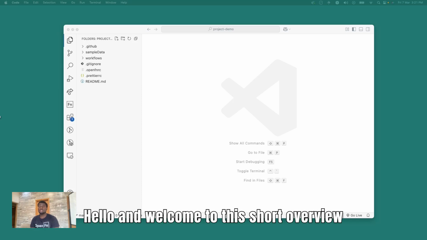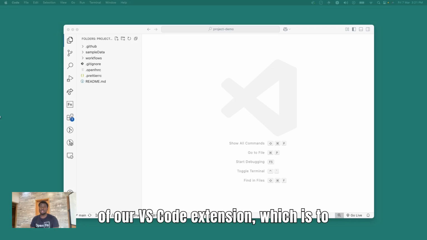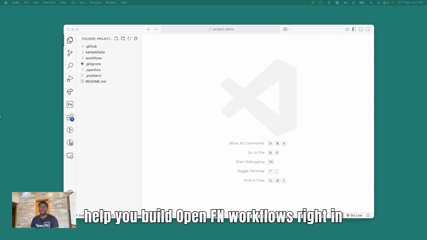Hello and welcome to this short overview of our VsCode extension, which is to help you build OpenFn workflows right